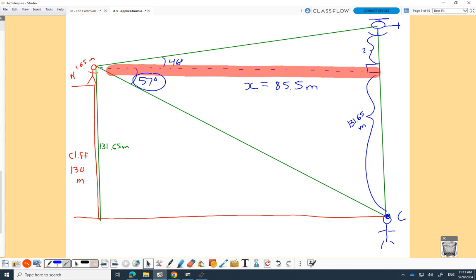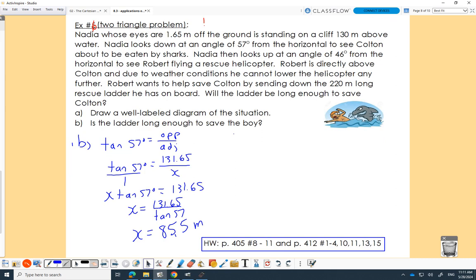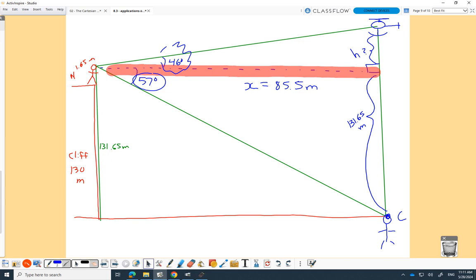So now I go up to the top one and I go, okay, now I'm going to go after 46, which I'm going to circle a slightly different way, so I know what I'm doing here. And so I'm going after 46. It's opposite and adjacent again, though. And I'm going to call this H. Whatever letters you want, it doesn't matter, as long as you label them in the spot. So I'm doing now tan of 46 this time equals